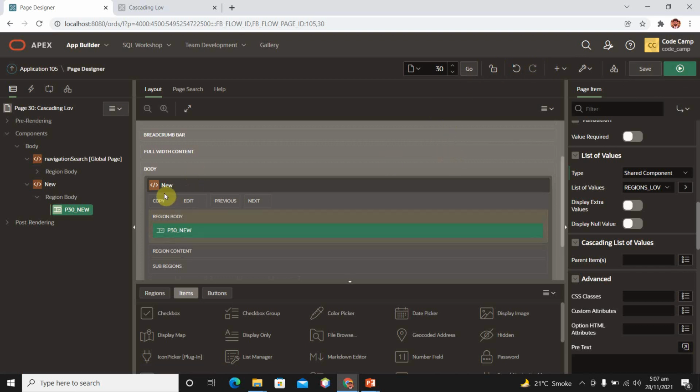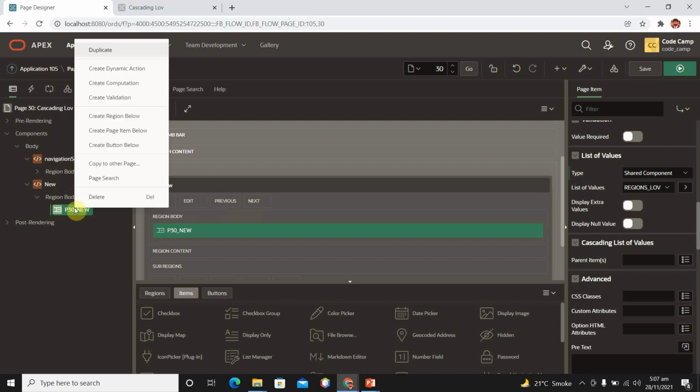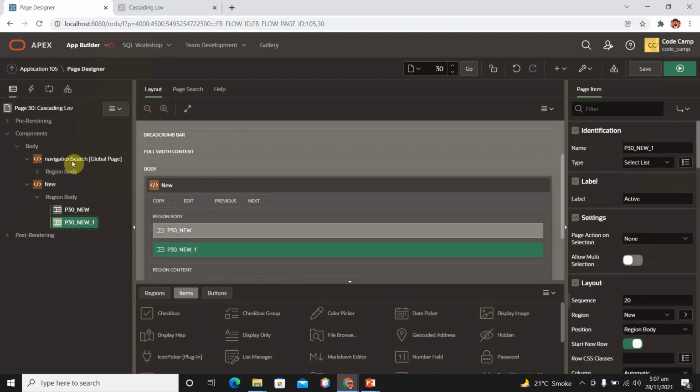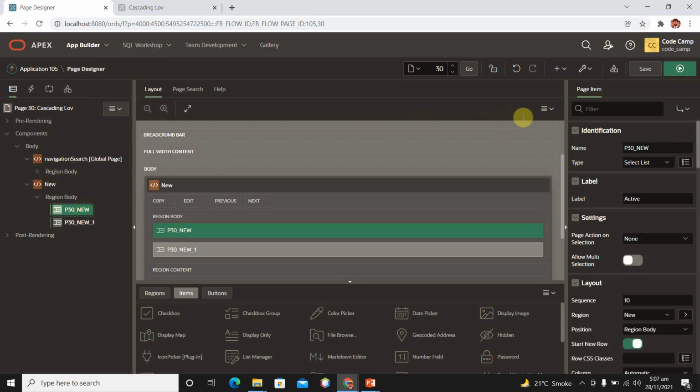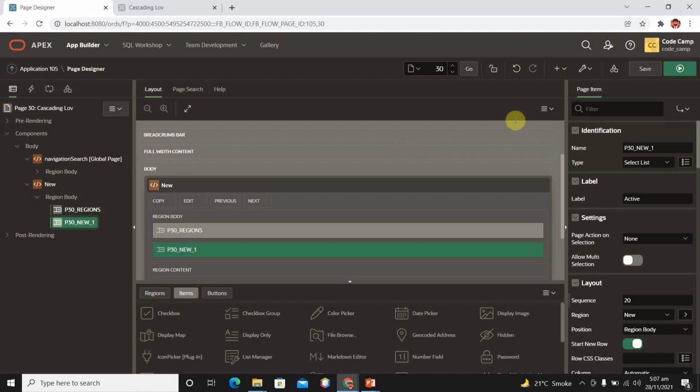Now we create a new LOV. So duplicate this LOV. This is the regions LOV. Name it regions, and this is the countries LOV.